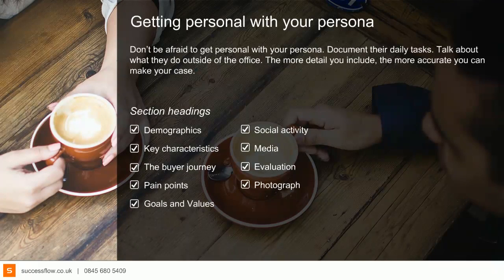Where do they go about finding information for that change? What are they researching? Where are they researching it? What do they value? What does value look like at the end of it? So what are they going to see as success by making this purchase decision? Also, who else do they have to sell to internally to get stakeholder buy-in?